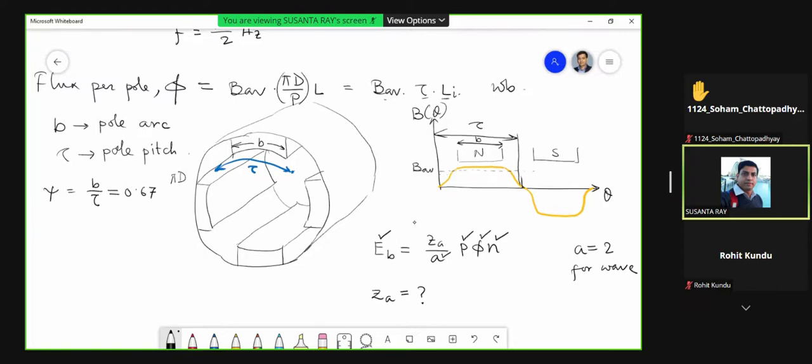So, I understood that your speed is quite high, but you cannot go beyond that. Then you have to increase the number of poles. Sir, I have taken the number of poles equal to 6. Yes, sir. And what is the frequency of reversal you are getting? 70, sir.